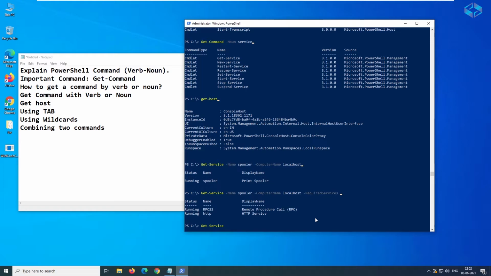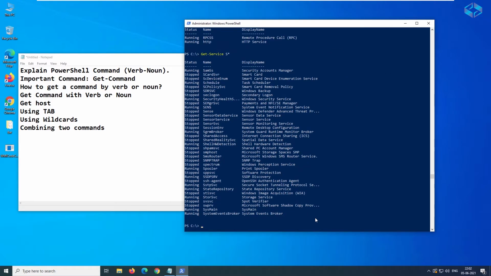I don't know how many services are running or available starting with the letter S. Let us try with S. If you have any other names, you can do it. In this way we can very easily find out all the services whose name starts with S.